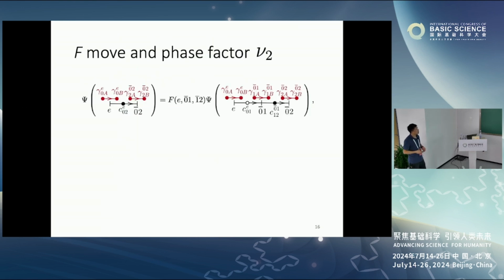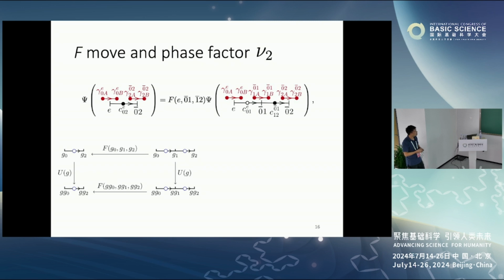And similarly, we can understand what the stacking of nu2 is. Nu2 is related to the F symbol of this 1+1 dimensional system, so it's much simpler than the F move for a fusion category. So the F move is like this. We have 3 dots and 2 links, and then we do an RG to make it 2 sides and 1 edge. So that's the F move. And we require that this F move preserves all the symmetry that we require. And also,